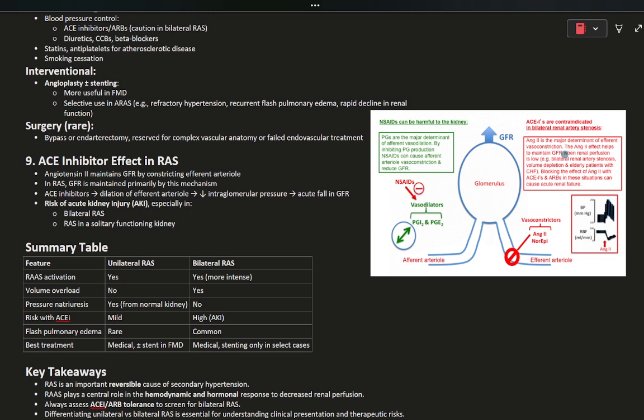And what happens if the patient is also on an ACE inhibitor? So remember that we said that ACE inhibitors are contraindicated in bilateral renal artery stenosis, as angiotensin II is necessary for efferent vasoconstriction. The angiotensin II effect